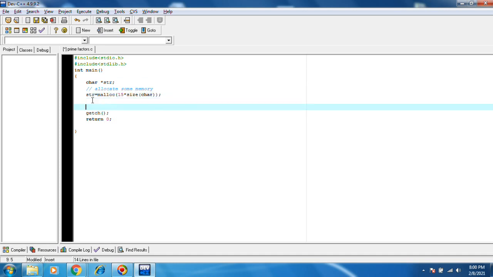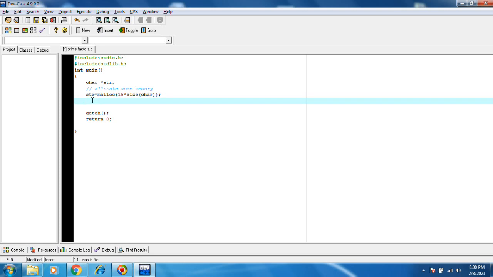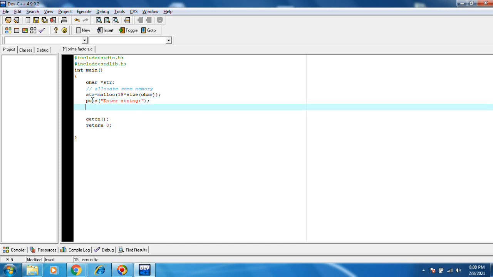Now you can add some variable: put as enter string, get as star str.